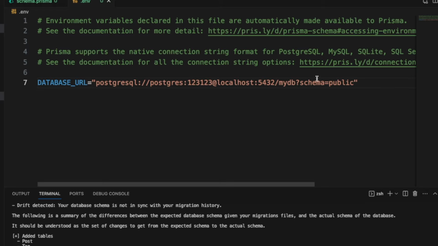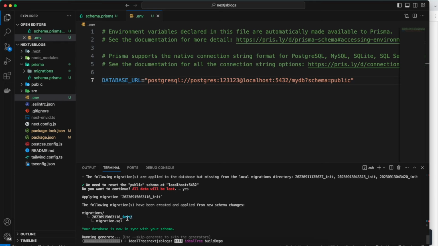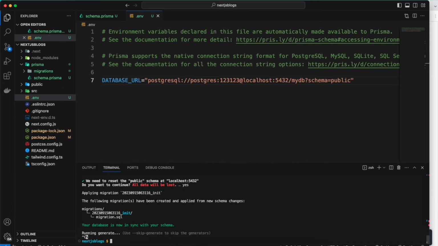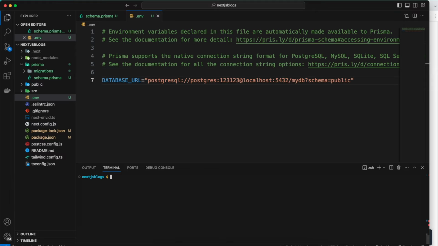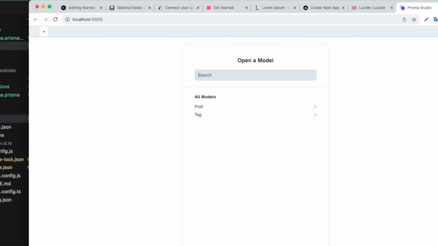And anyway, I have some data in my database. I'm going to remove all of that. So I'm going to say yes. For some reason it's stuck in here, but it's done anyway. So let's Ctrl-C, and I'm going to say npx prisma studio to open Prisma Studio on localhost